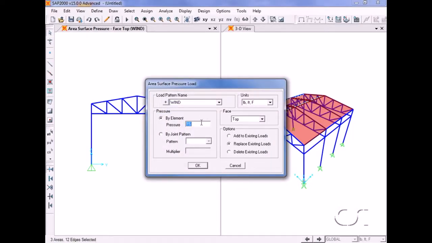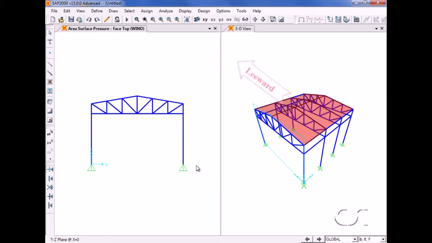This results in an outward pressure on the leeward side. 负6，所以说背风面是负6的压力，其实就是张力。